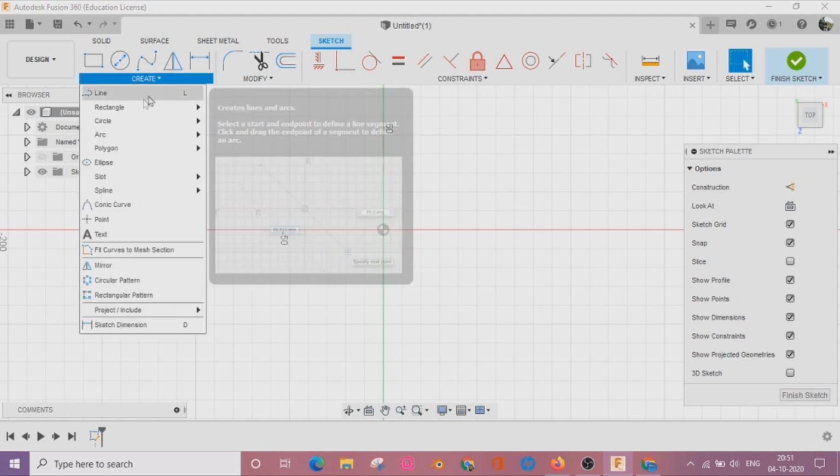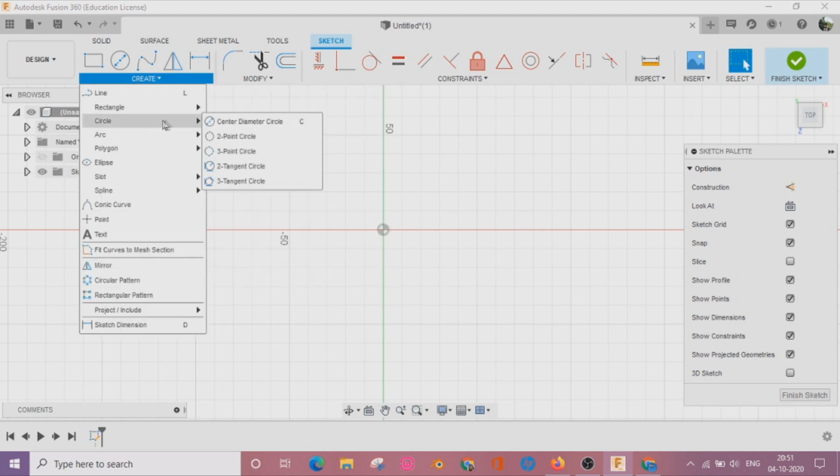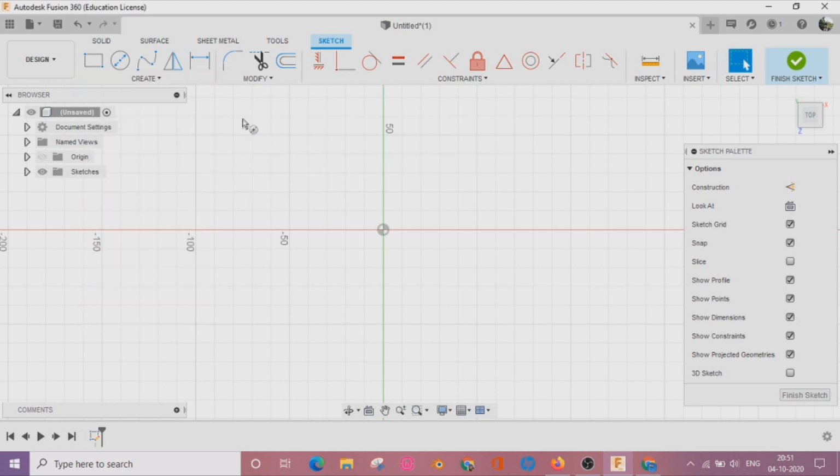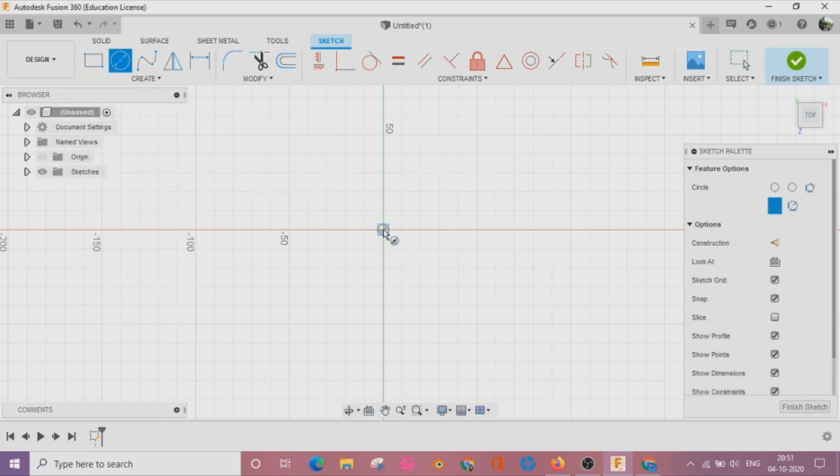In a sketch command, we will see circle. Circle has four types. Circle has first center diameter circle, in which we have to decide a center and a diameter. Let's see. First we will define a center and then the diameter of a circle.